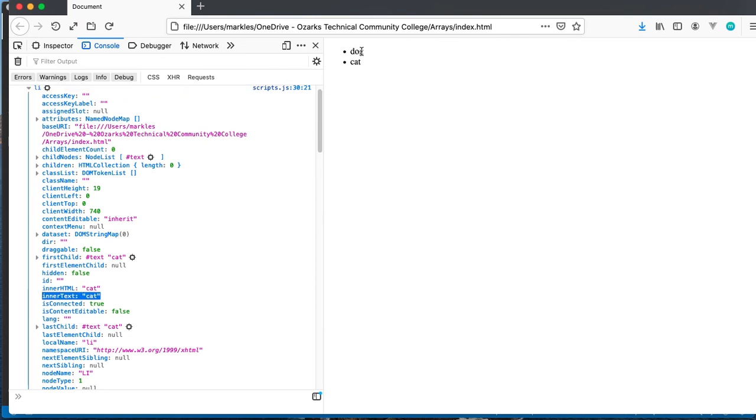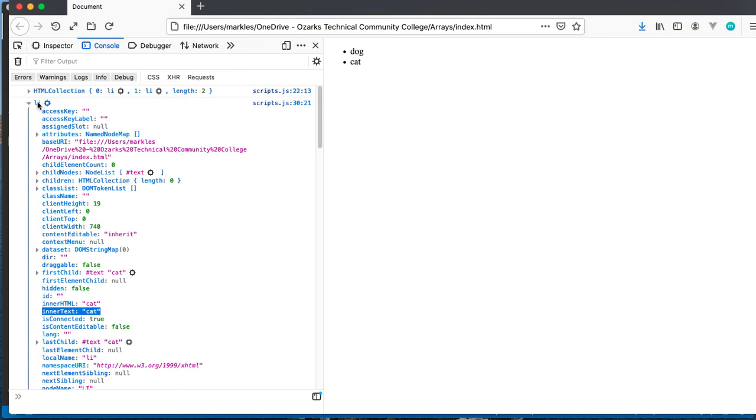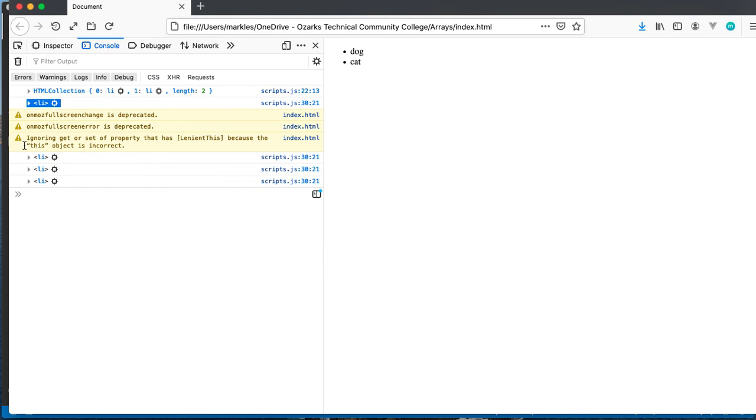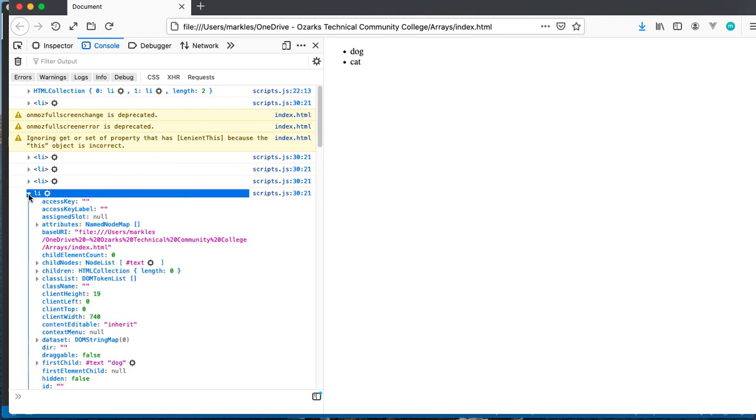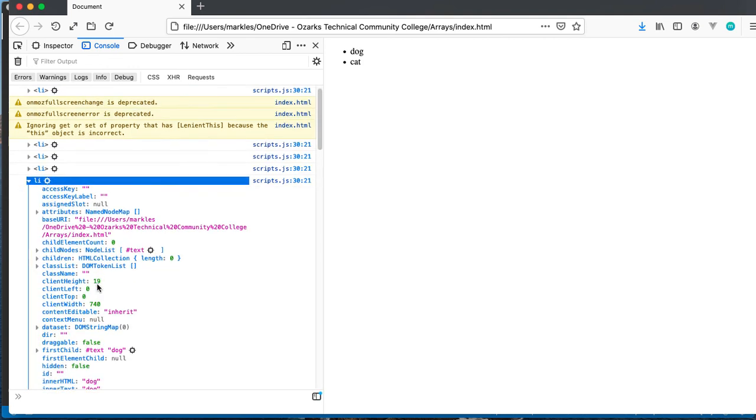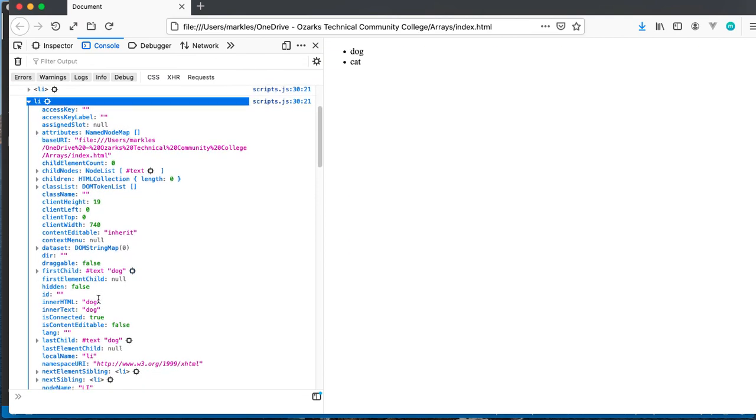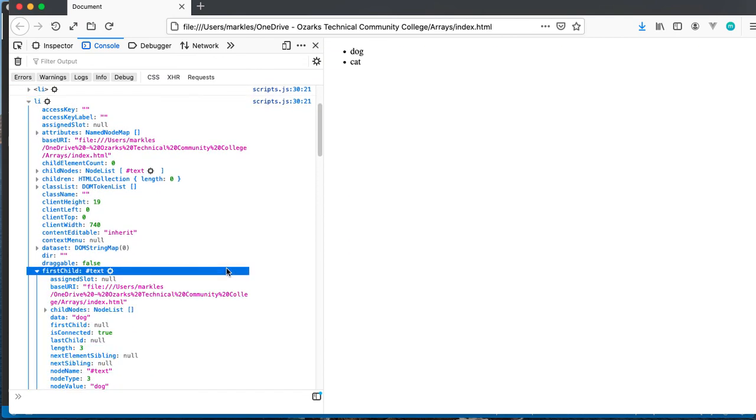And then if I click on the dog one, oh, it's console logging it, it's not updating it. There we go, I did it plenty of times. So let's do it again just to prove the point. So I clicked on the dog, I'm getting a new LI object, and if I go down far enough, I'm going to see that in fact that's the dog object. So that means that